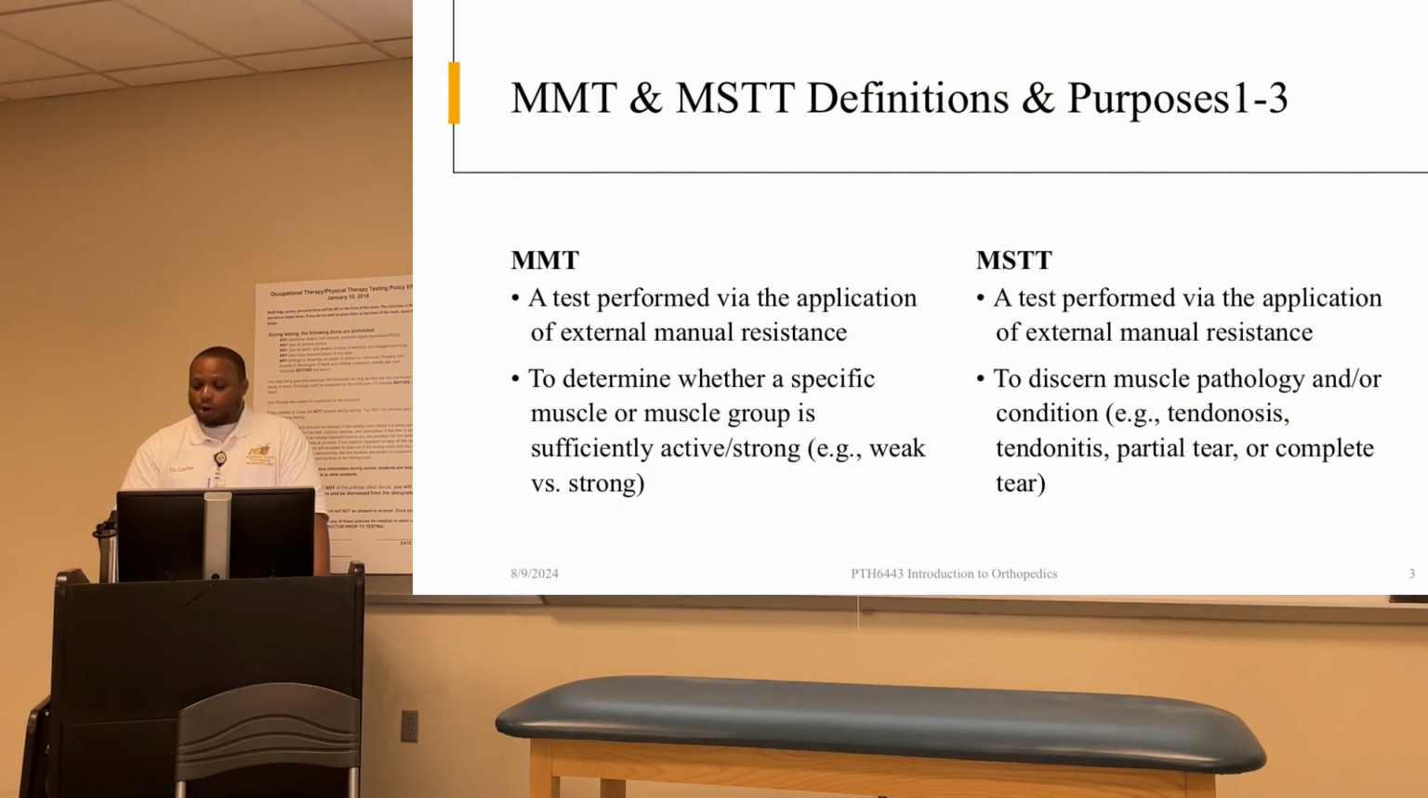And when we talk about a partial tear, we're talking about a tendon that is partially torn, anywhere from 25 to 50% torn. And then when we talk about complete tear, 100% of the tendon is torn. All right. So overall, when we compare and contrast manual muscle testing and muscle selective tension testing, if we compare both of them